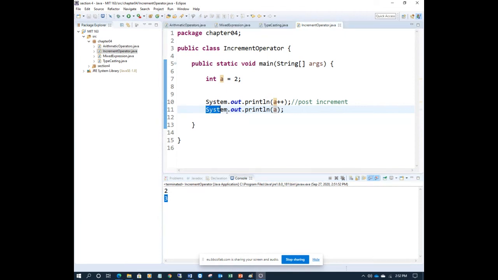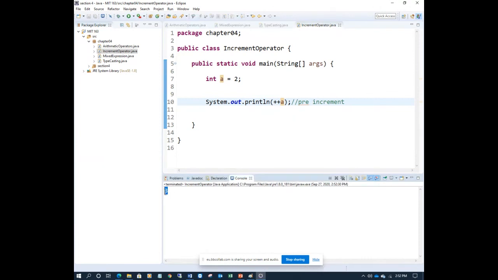So let's go to the next one, pre-increment. What is simple? First plus plus, then a: plus plus a. So in this one, it will first increase, then use. First increase automatically means it will go to 3 directly. I'm using it directly. First increase the value, this is called pre. First increase, then use the value. Hope everyone understands this one.